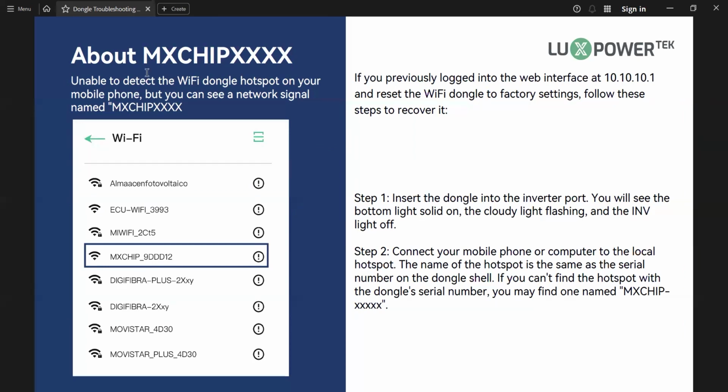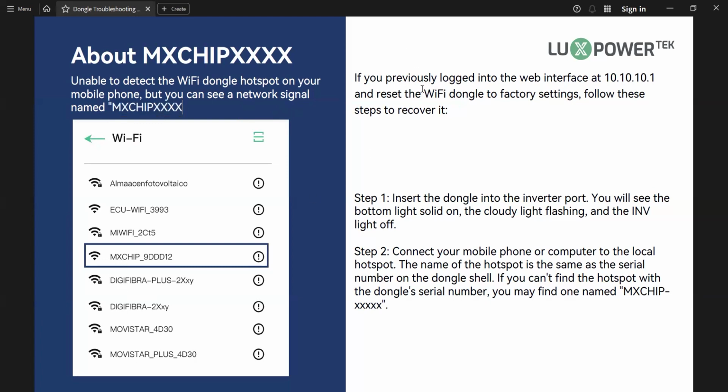This one is after you factory reset the dongle, it will show this Wi-Fi hotspot name. Usually you are unable to detect the Wi-Fi dongle hotspot on your mobile phone, but you can see the network signal name, this one, MXC, so MX chip XXX.